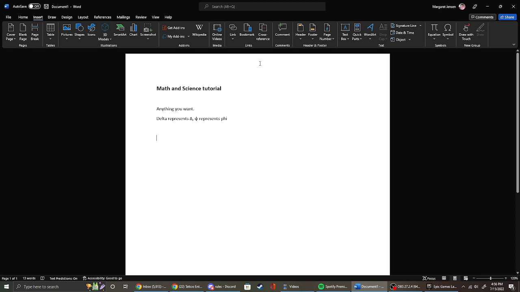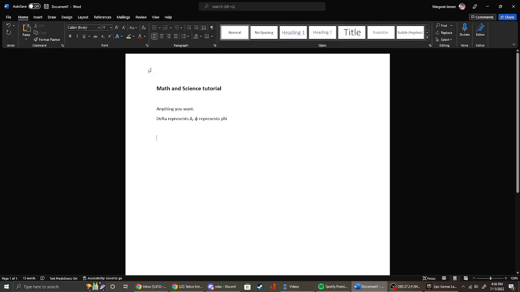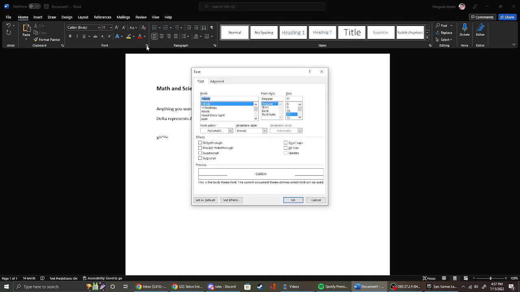You can also go back to Home if you want to do expressions. You can do x to the power of, so this is like the exponential squared, and then you'd click it again to go back down. So if you want to make like 2y times 45z, that'll always stay up in the exponents until you click it again. If you don't have these two buttons, you'll just click this little window here